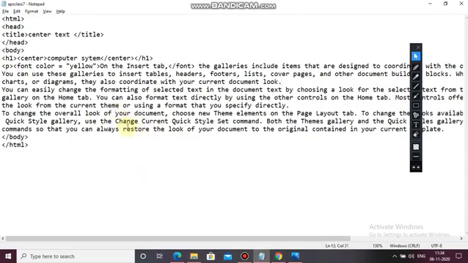Now here you want to change your document, or quick style set command.